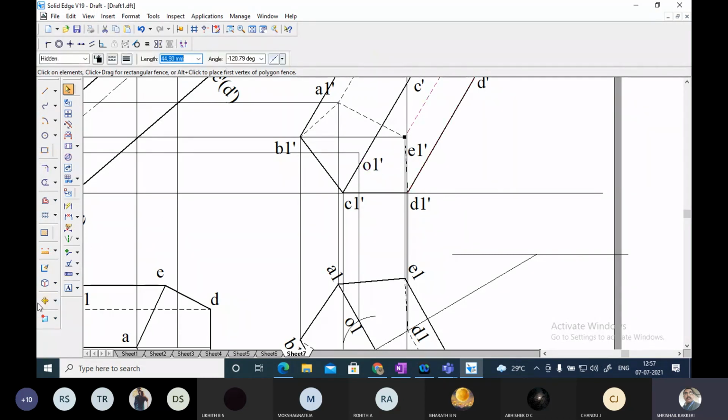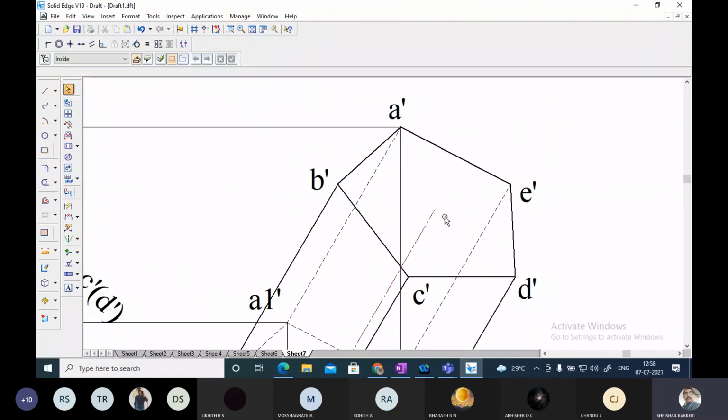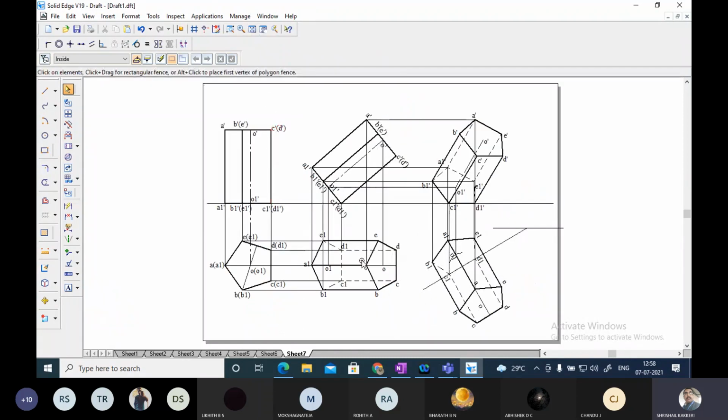Now you draw one line from here that will be equal to the axis length. So you convert this into the axis center line. This I have converted into a center line, and if you want, you can make it thick also, no problem. This is the center line I have drawn. Then next, at this particular point, you can show O dash. This will be point O dash. So that's all. My problem is done.